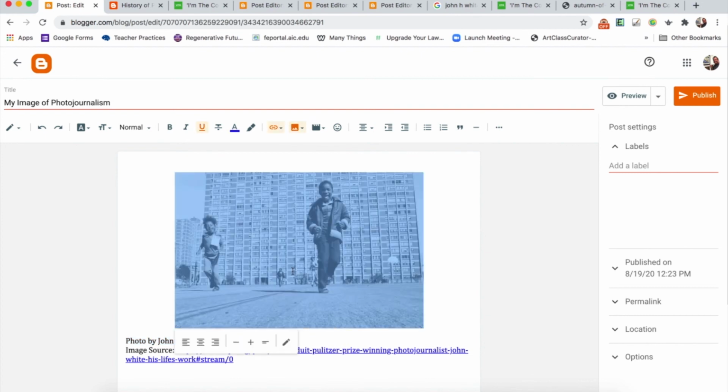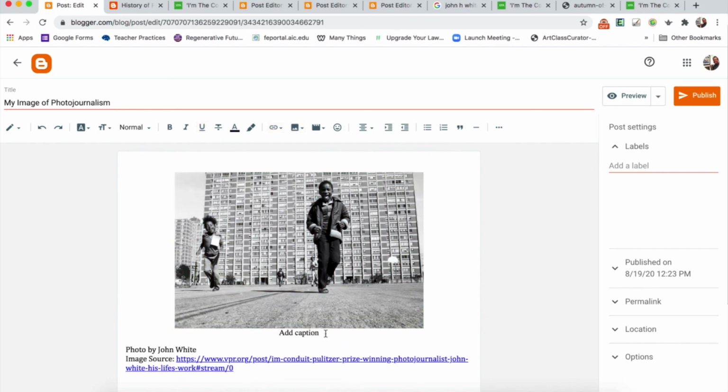I'm going to click on the image and get this little icon right here, which shows my caption. So I paste in that text, and then what I'm going to do is take my image source,